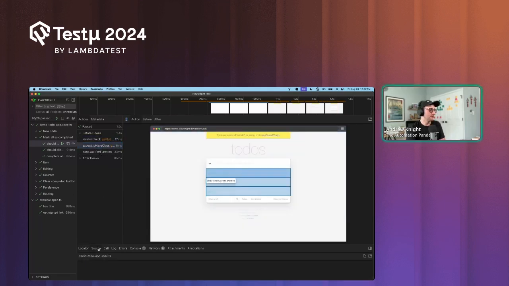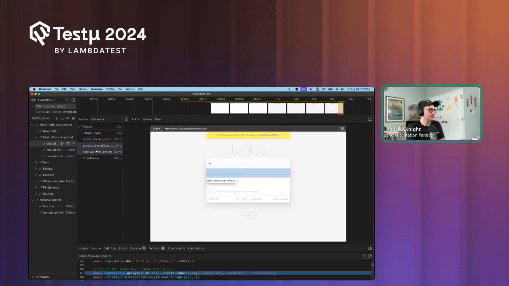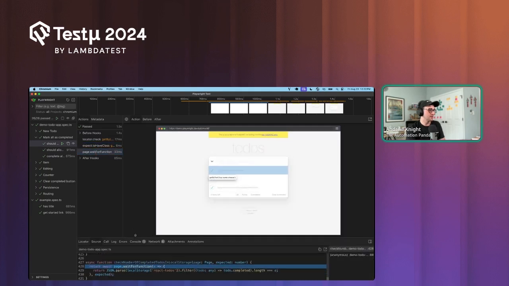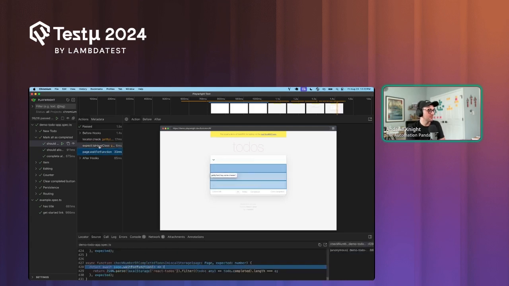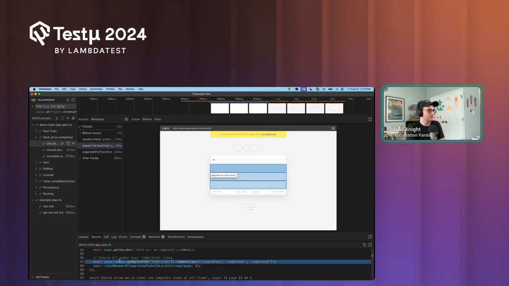And moreover, also as I hover over these steps and I click on these steps, you can see that the UI window will show you exactly where in your Playwright code that step happened. So if you're like, oh, something went wrong, where in the code did that happen? You can very easily get to it. It's pretty awesome,